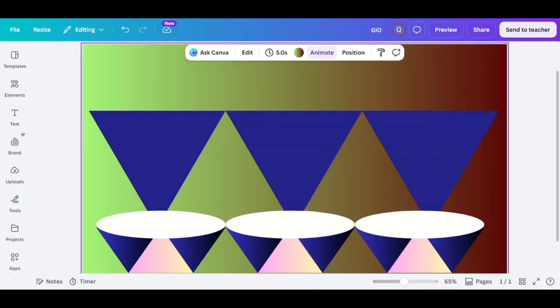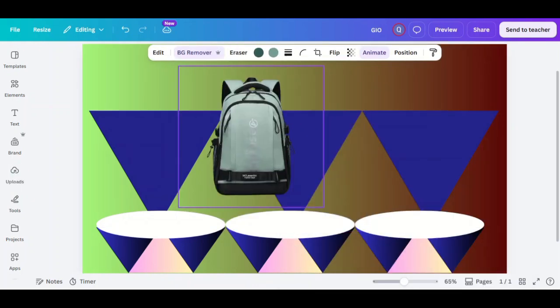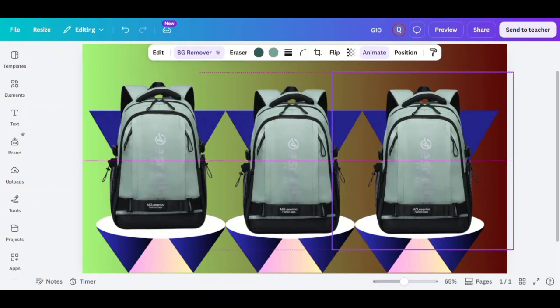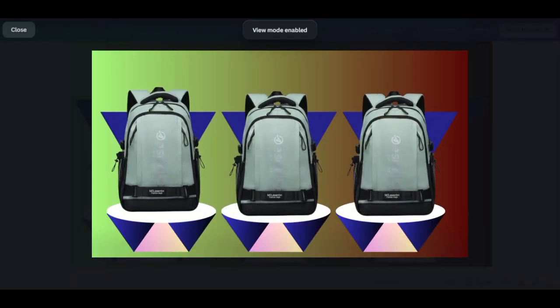Use Canva's position feature to layer everything neatly and maintain a balanced layout. Add your headline in a bold font, followed by supporting text